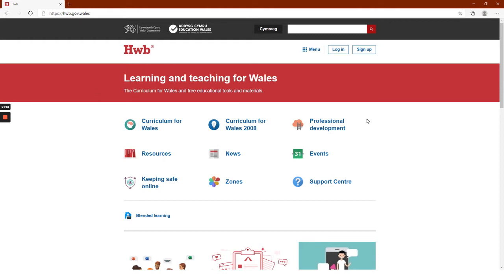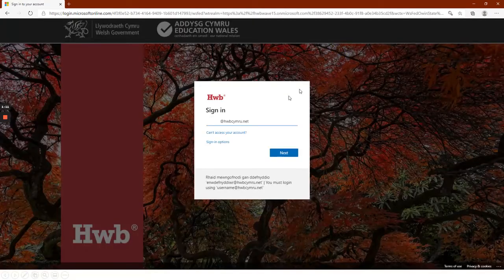But when you go to the hub homepage, pupils will need to know their Hub Cymru details, their email addresses, which are their hub usernames, and they will need that in order to do the login. They have been told this in school many times, and they've been asked to write it in their planners. If you are struggling with this though, you can ring up the school for help and to find out these hub login details. So we're going to use the login button there in order to log in,